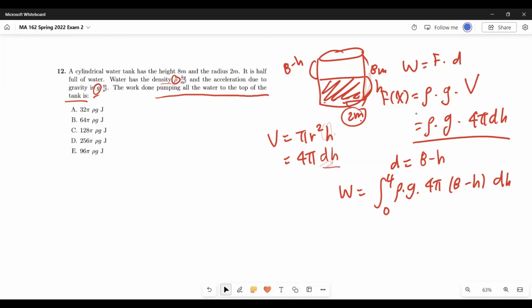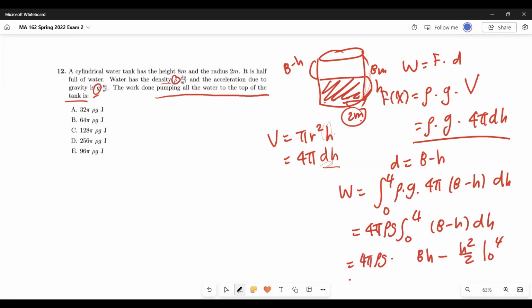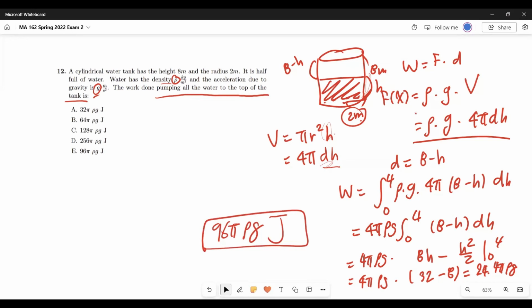So this just becomes the integral from 0 to 4 of 4 pi ρg (8 minus h) dh, and you can take out 4 pi ρg because they don't have any h variable, so this is just the integral from 0 to 4 of (8 minus h) dh. This is 8h minus h squared over 2, from 0 to 4, times 4 pi ρg. Plug it in: 32 minus 8, so 24 times 4 pi ρg, so this becomes 96 pi ρg. Work is done in joules, so this is 96 pi ρg joules. So the answer for this question is